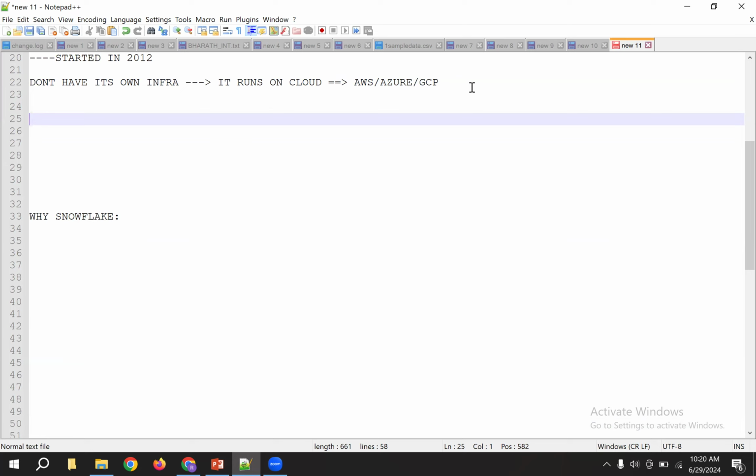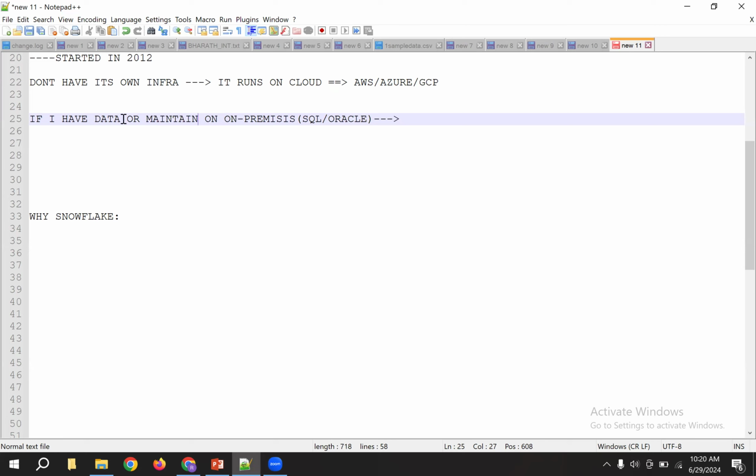So first, if I have data on premises, not cloud, on premises. On premises means maybe you have installed some Oracle or SQL data warehouses on premises. So think like this, SQL or Oracle. We are maintaining some servers here. If you want to maintain data on premises,